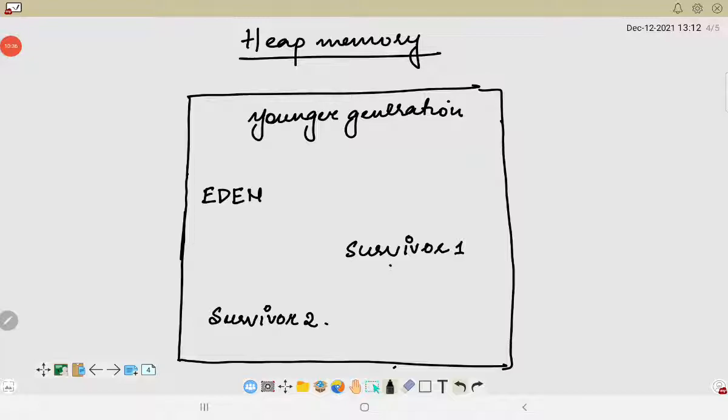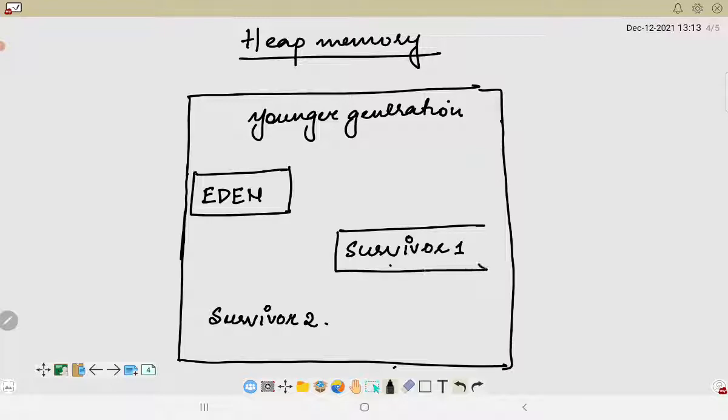Now, the young generation is the place where objects live for a short period, and it is divided into two spaces: Eden and the survivor space. Survivors again have survivor 1 and survivor 2. So this is just an overview of the heap memory.